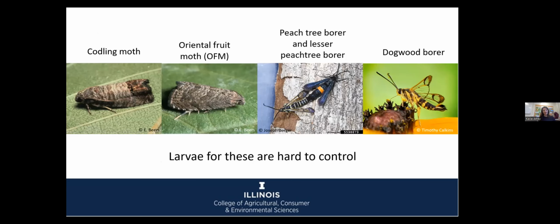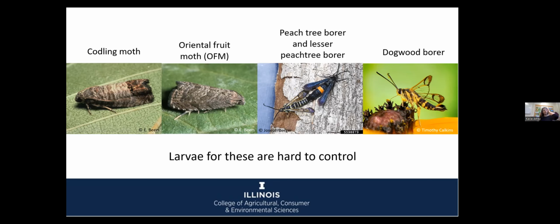So in the Midwest, generally speaking, we have mating disruption available for these fruit tree pests. Of course, I'm including peach tree borers, which are peach pests, and oriental fruit moth is an apple pest, but it is worse in peaches. But just to give you an idea, there are products available for mating disruption for these pests across the Midwestern states.